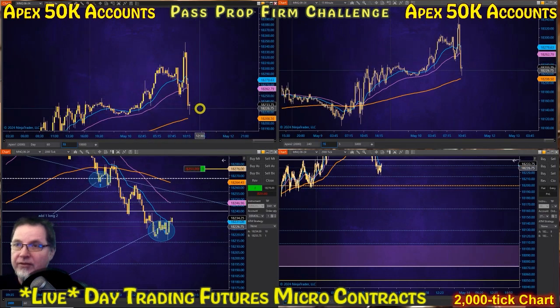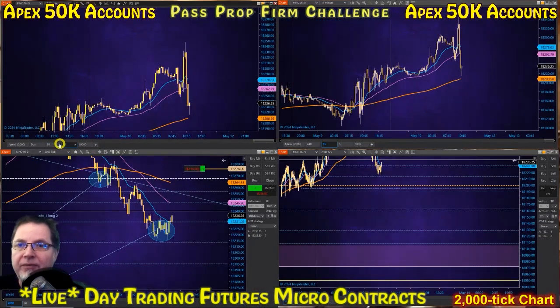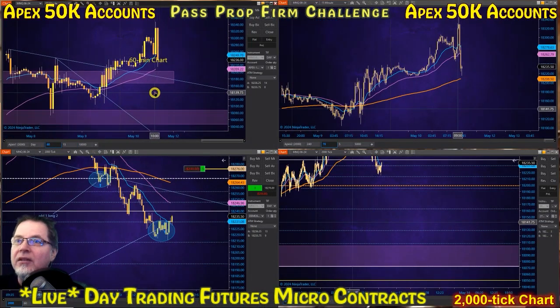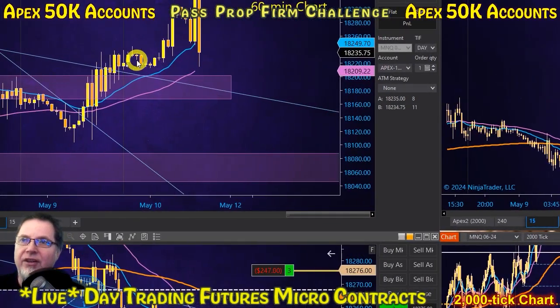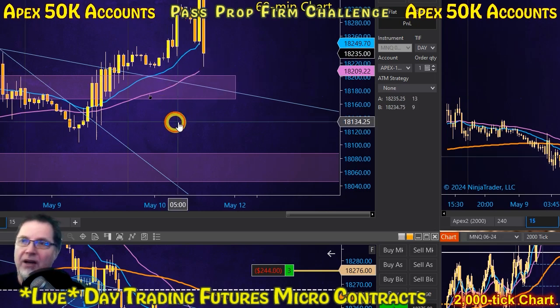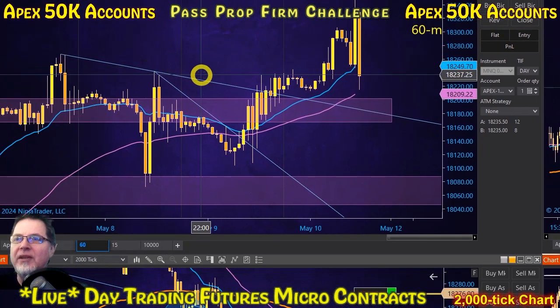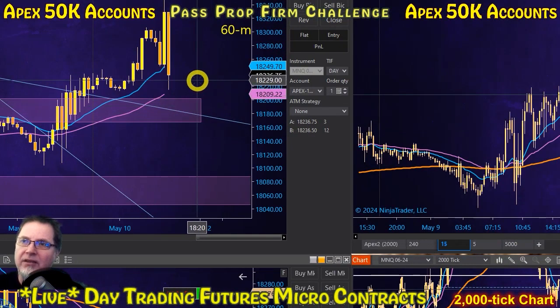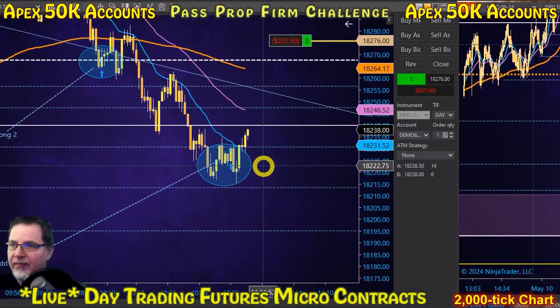So I like that it's coming back up in this little pintail hammer on the hourly chart, 15-minute chart, I mean. And it did come down into that consolidation area where the 50 EMA is coming up. This whole box area is a slowing point with the trend line coming down this way, where it could bounce up off that area. But I wanted to give it a shot right here to add.